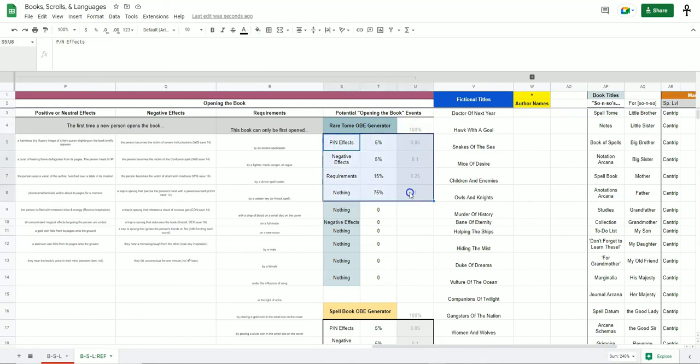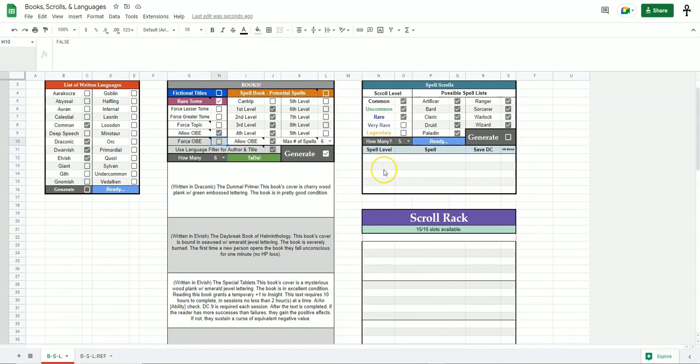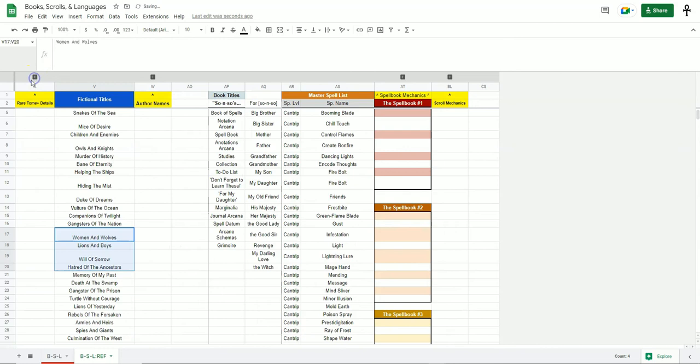This is specific for the rare tome OBE generator. If you scroll down, you'll notice this is spellbook OBE generator. We come back here. Now we're talking about this section of the generator, the spellbooks, not the rare tomes. And again, you have your percentages. You can change those. And that's it for the rare tome